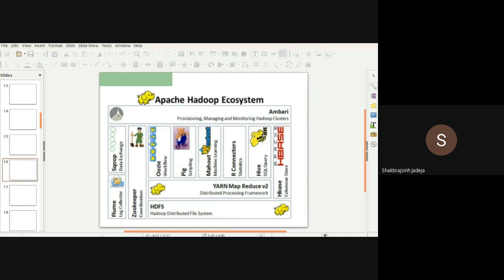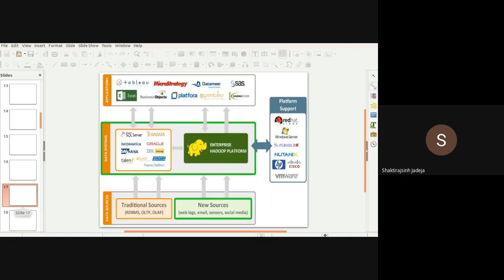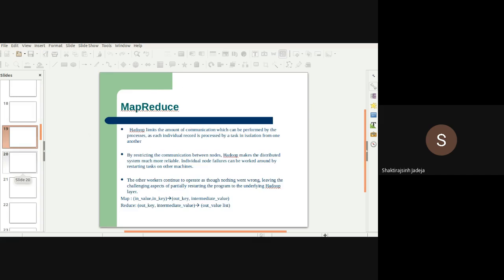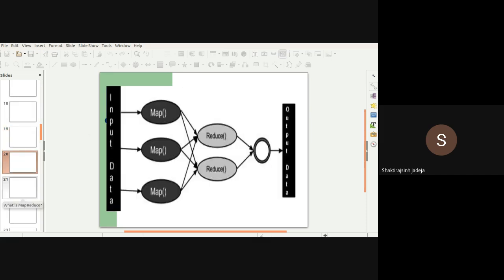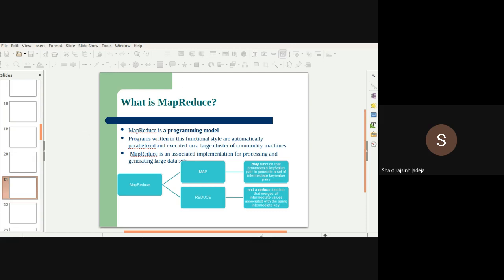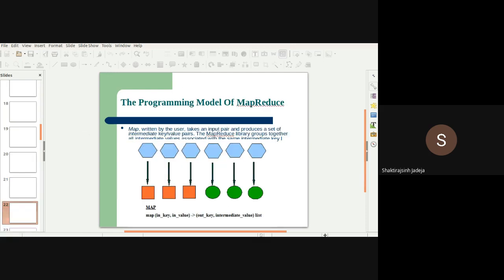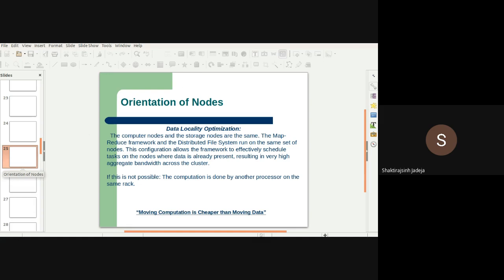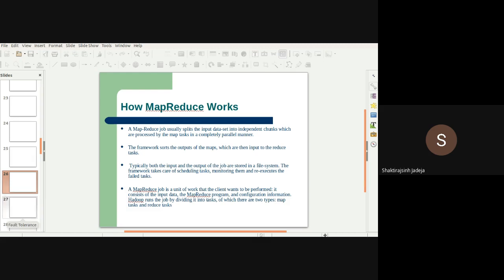We also learned about MapReduce, how it works, how it maps all the inputs and gives the output, right? We also did the programming model with MapReduce, a very basic program, like orientation of nodes, and how MapReduce works.